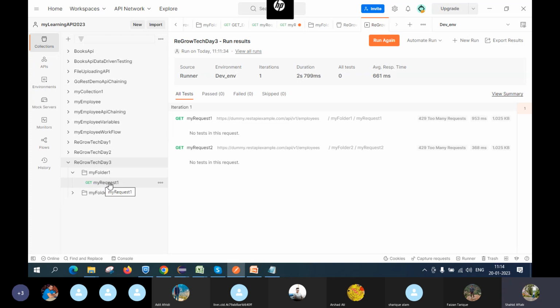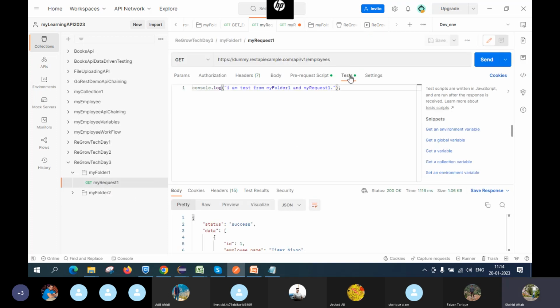When it gets the response, again, what will happen? It will start with the test. This request has a test also. Once you get the response body, it will again start with the collection test. It will check the collection test, then the folder test, then the request test. Once this part is completed, again it will start from the collection pre-request,